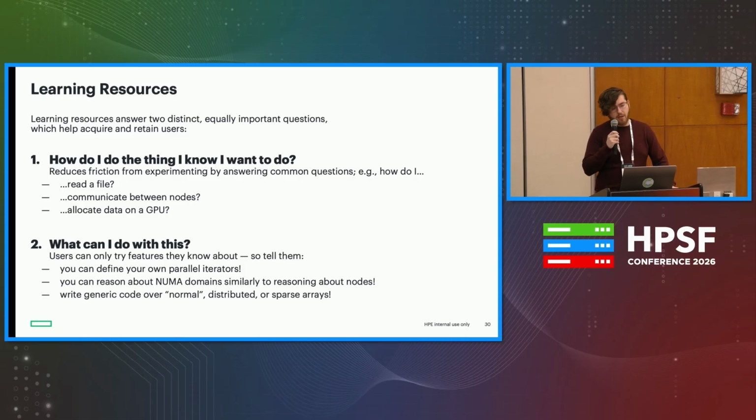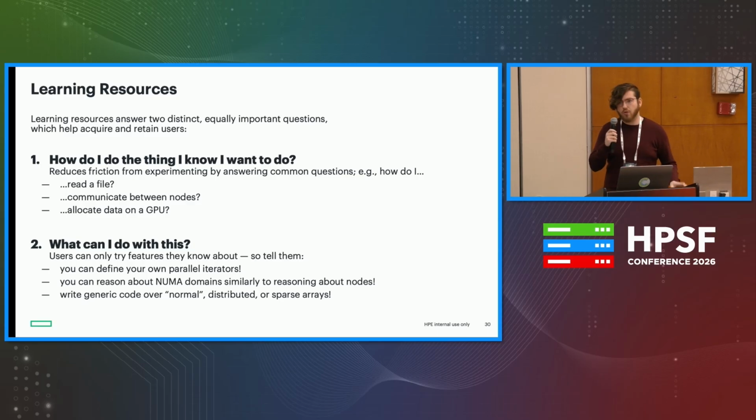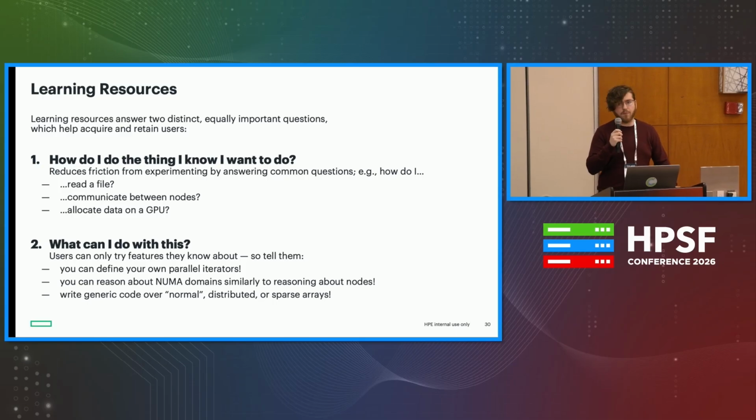This could be reading a file, getting some data on the GPU, communicating between nodes. It all depends on the final goals. But also, especially for technologies that try to experiment with new paradigms, you need to be able to tell people what makes you unique and what things they can do that they weren't able to do before. Kind of map the boundaries of what's possible. And so here learning resources are also important. I'm not going to go through the ways in which Chapel meets